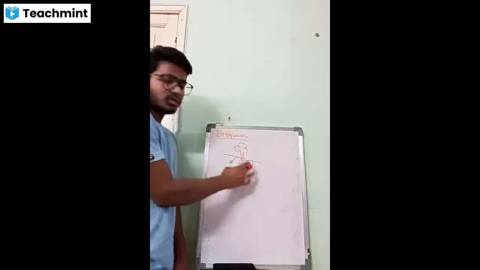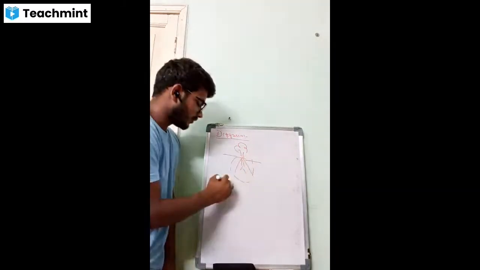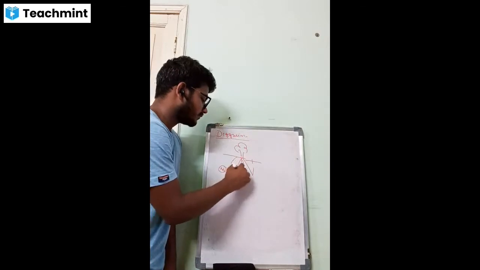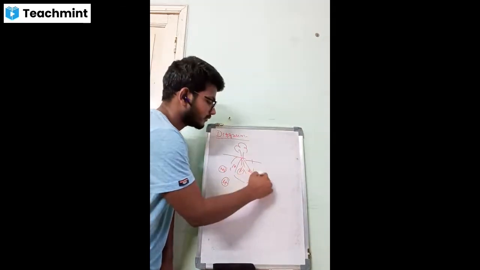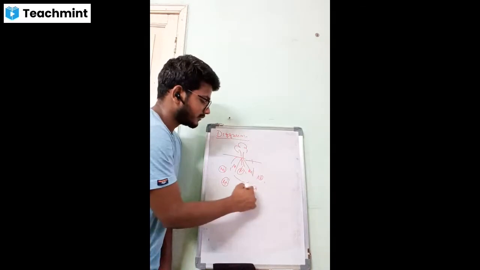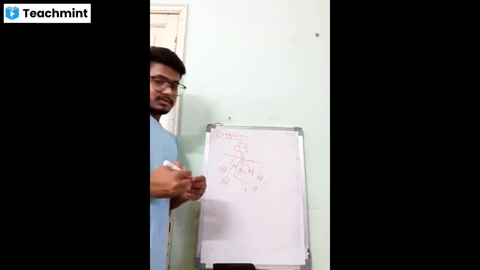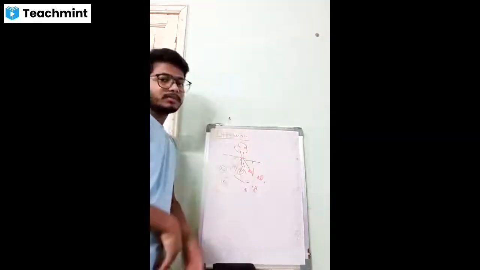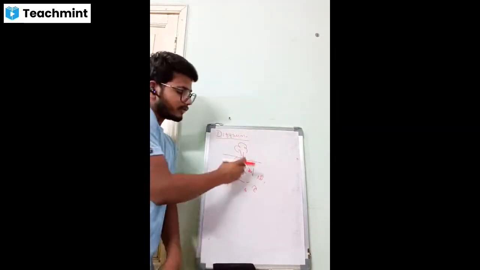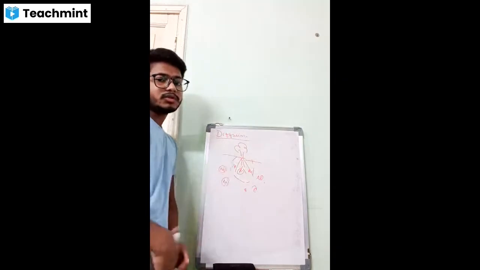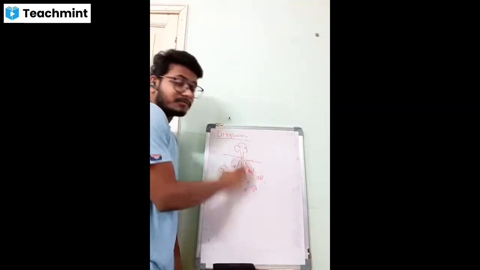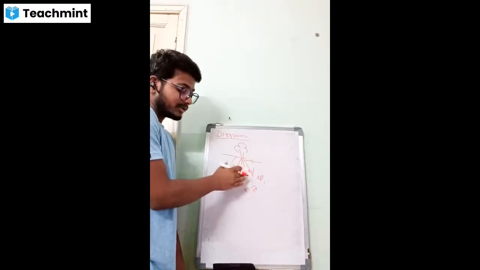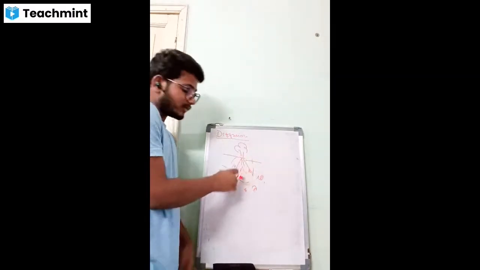This is our root biomass in the soil, and different nutrients are present like this. So what do you think? Will all the nutrients be diffused to the plant, or will only some nutrients diffuse to the plant root? Only the very few nutrients which are very close to the plant roots will diffuse.